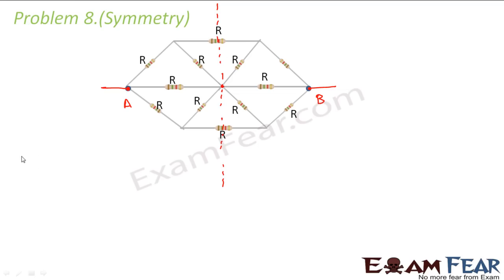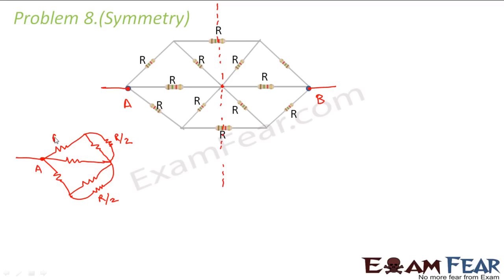So now what you do, you just consider one part. Let us say this is point A. So from here you have one resistance, from here another, from here the third one. Then from here you again have one resistance. From here you have one resistance, and then you have half of this resistance connected to it and half of this resistance connected to it. That means there is a half resistance connected to it. There is another half resistance connected to it. This is R by 2. Other than this, all others are R. So this is one half of this circuit. So let us solve this one half of the circuit.